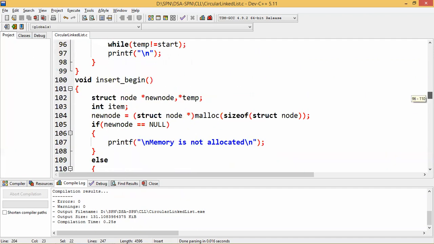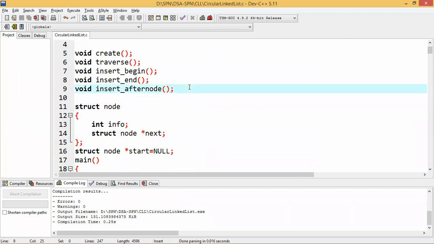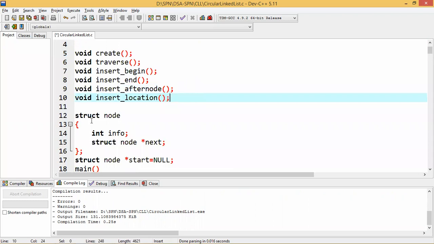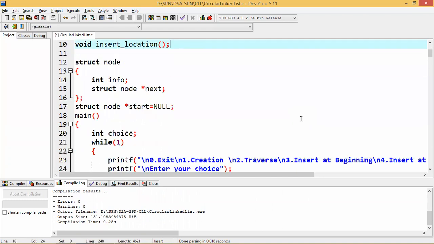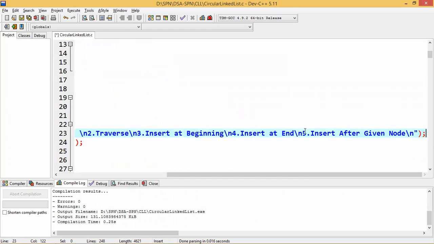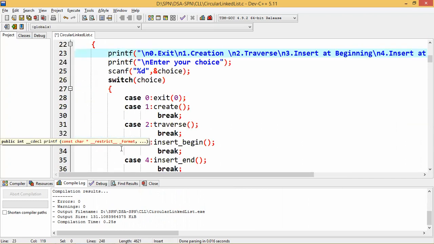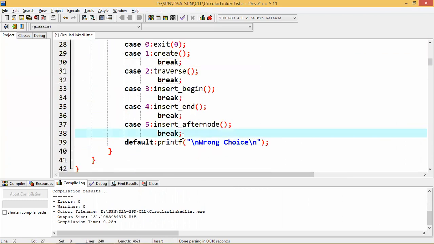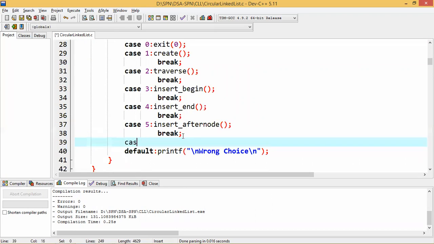Clear? But this program again consists of many special cases, like location one, location last. All those things we have discussed in the code of insert at a specific location of single linked list. Clear? I'll suggest that you should watch that particular video and get to know how you are writing the program for all such special cases. Then you can modify or add those concepts in circular linked list by yourself.